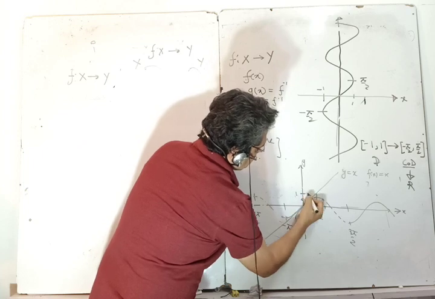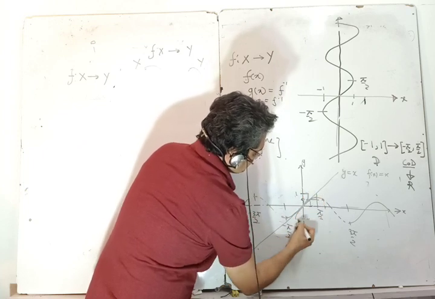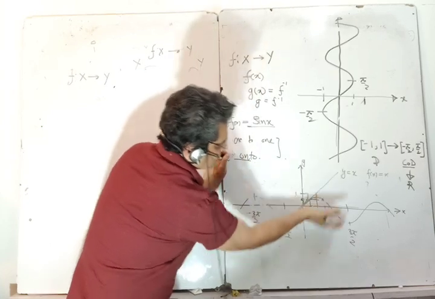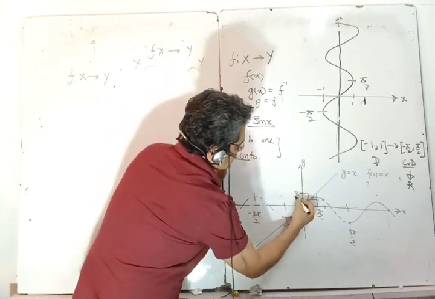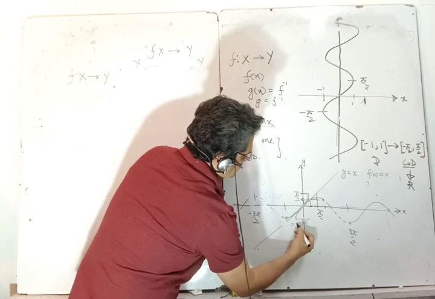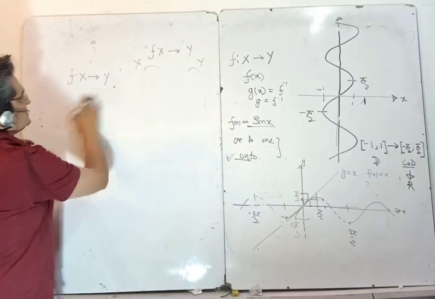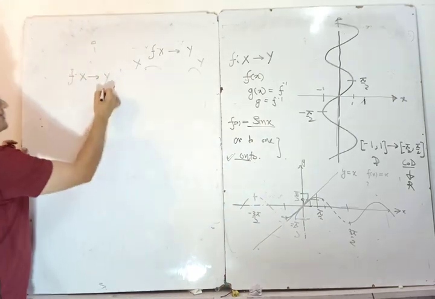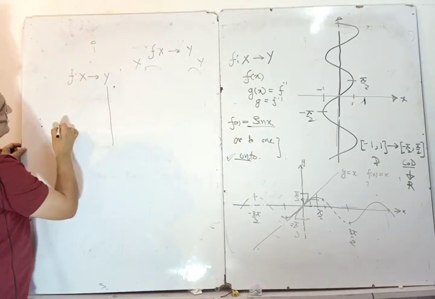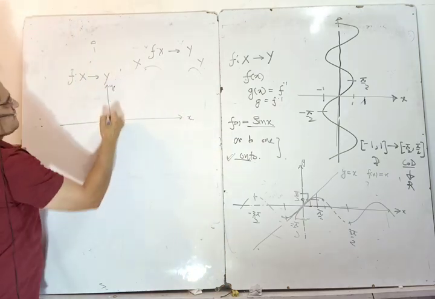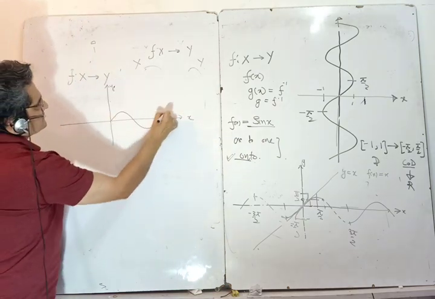It will go here. I will show another way of doing it also. So it is minus, and this whole thing will go here. It is pi by 2, and this one will become minus pi by 2. Let me draw a fresh diagram so that there is no hodgepodge. Now this is my sine function, xy, and it was like this.